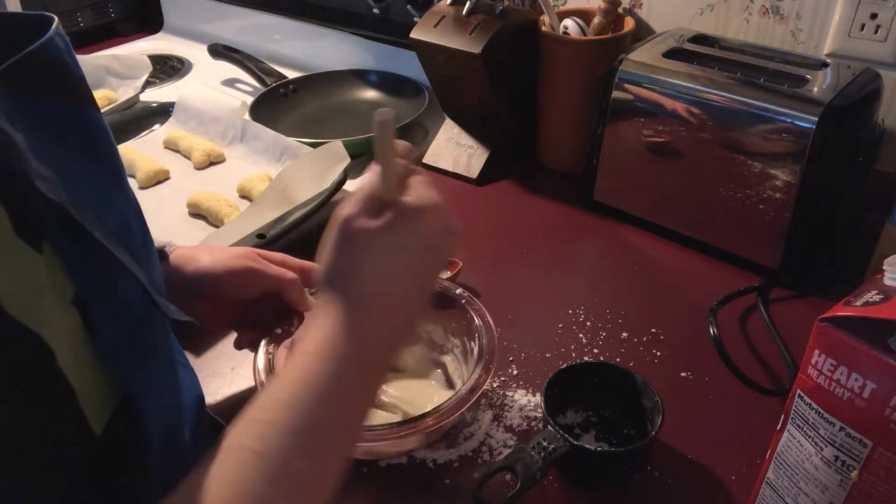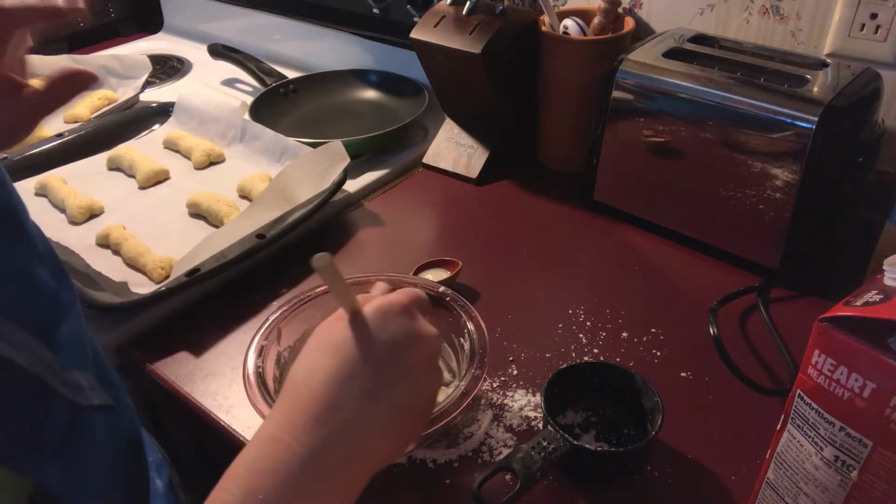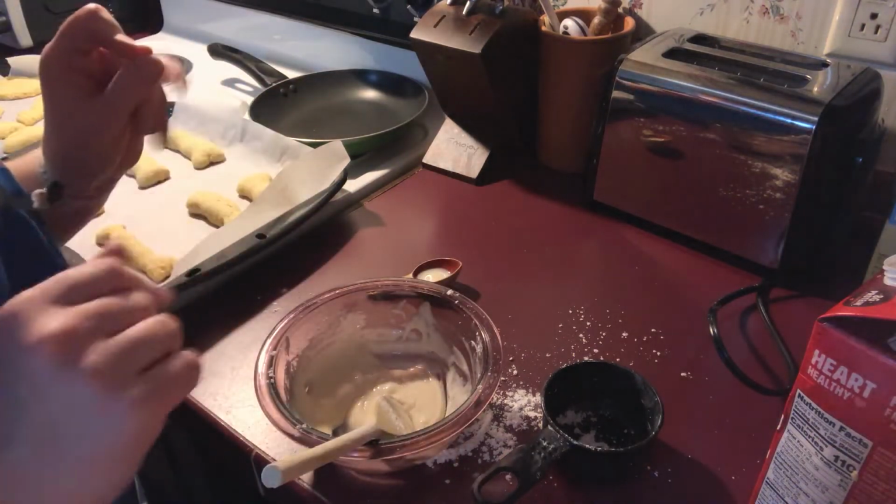I really wish I had gotten food coloring and actually thought this through more, because oh my gosh, if I had had some black food coloring for this. I guess what I'm gonna do is put this in a Ziploc bag and then cut the end off so that way I can